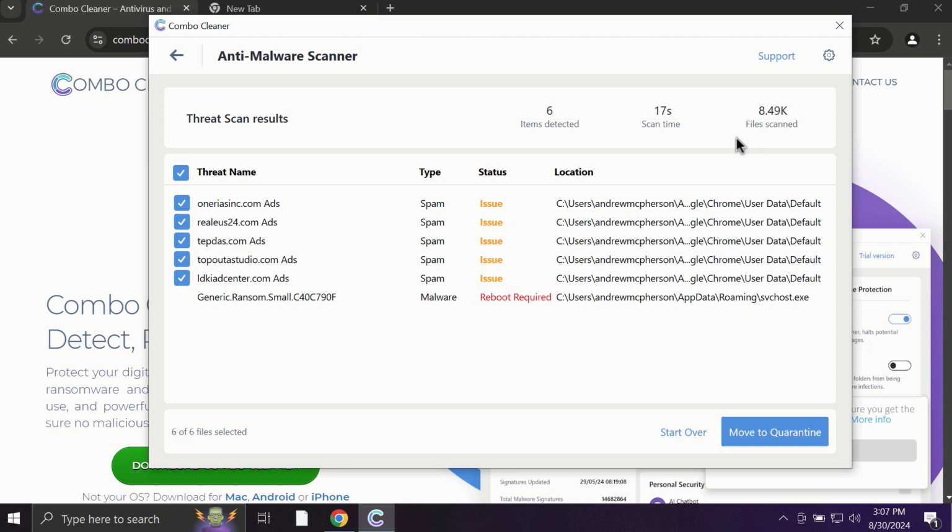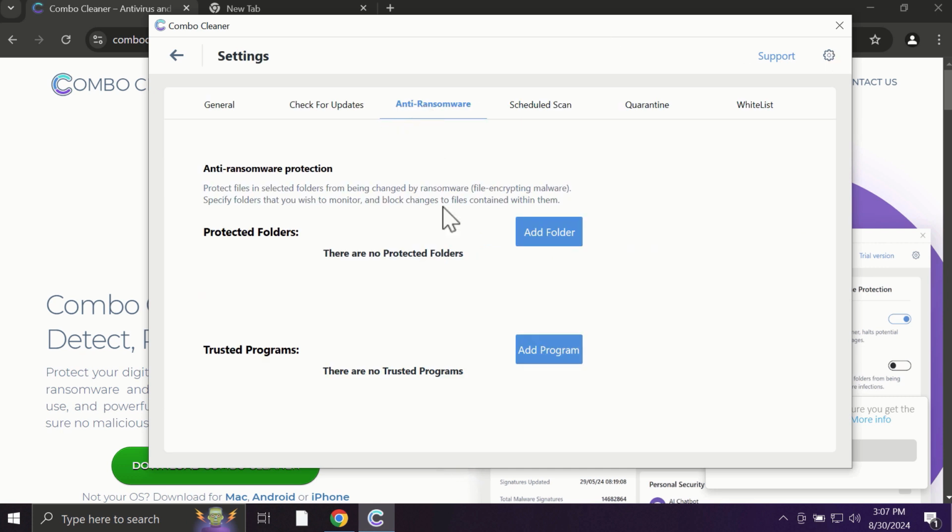Some threats can be removed manually, but definitely I recommend you to consider upgrading to the premium license. With premium license, for instance, there is an excellent anti-ransomware feature which helps to always keep your data protected. You can add certain folders on your system, and the contents of these folders will be always under the protection